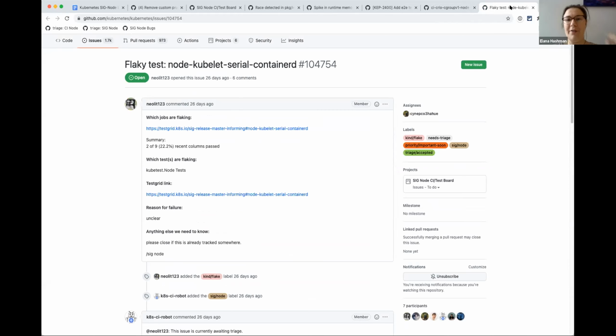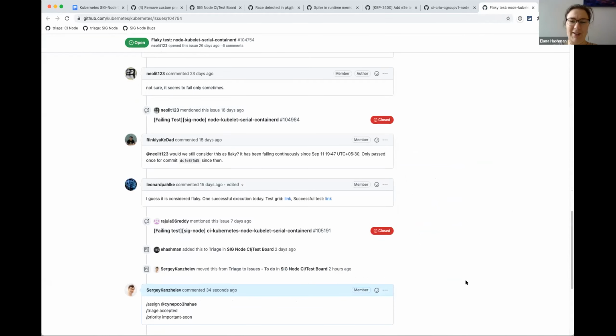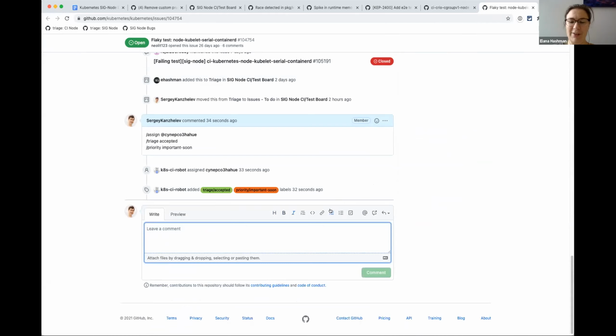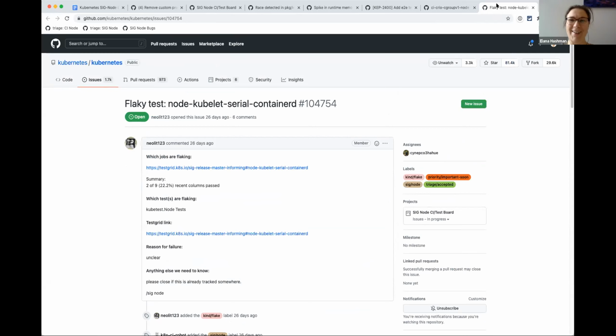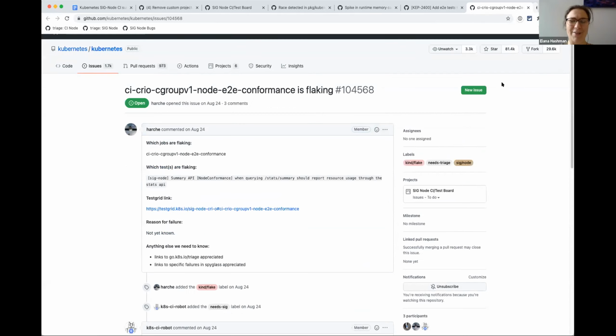Yeah. The other thing that happened is yesterday, we were getting pings from the CI signal lead on that. I did not realize that got added as a release informing test. It looks like there were two green runs and Dims said, let's add it as release informing. Someone did this while I was out of office. I checked the notes and I don't think it was discussed. And we had like a billion emails about it failing. Typically it needs to be green for like two weeks, not two runs, before we add it as release informing. So I just reverted that yesterday. And now we will hopefully stop getting pings about it because we know it's broken, or at least we know it's flaky.